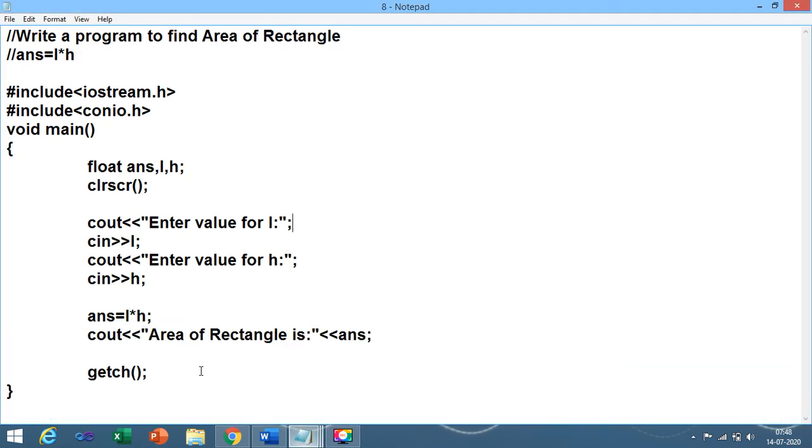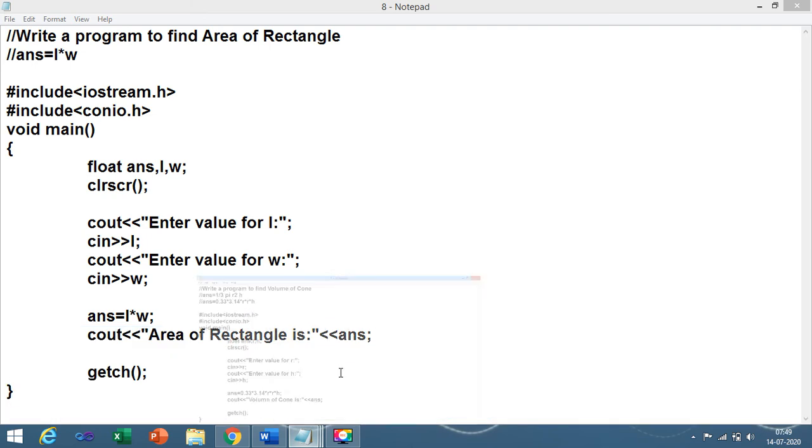Program number 8, find the area of a rectangle, and the formula to find the area of a rectangle is L into W. Over here we have taken W in our example, so I have changed the variable, length into width.